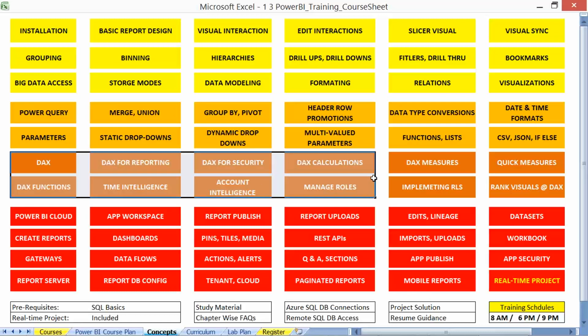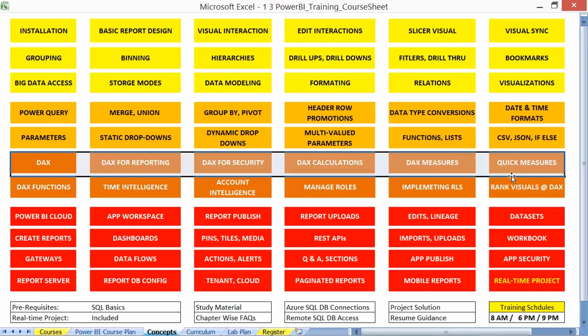Like for example, the best example of DAX, like star rating, first say 1 star, 2 star, 3 star, 4 and 5 stars, etc. Dynamic reporting activities, codeless and codeful design.